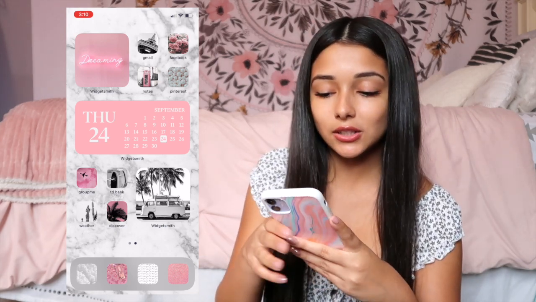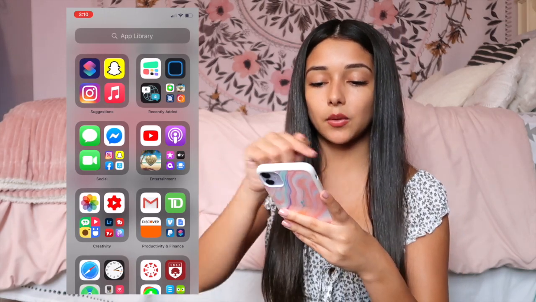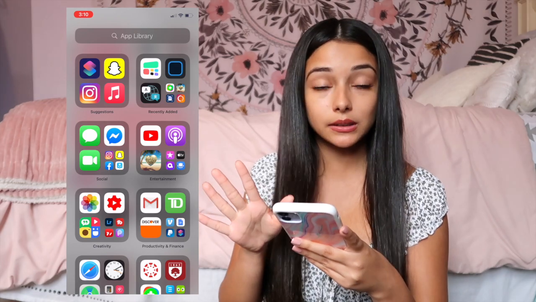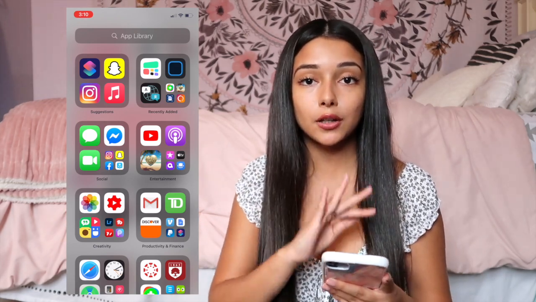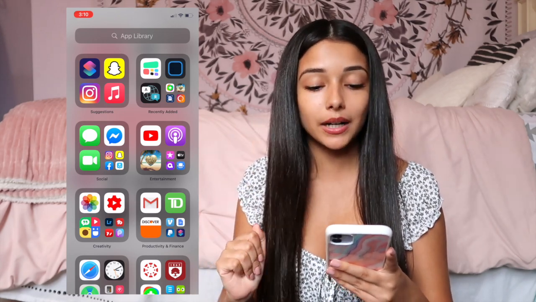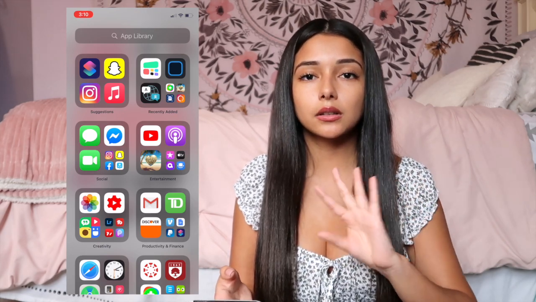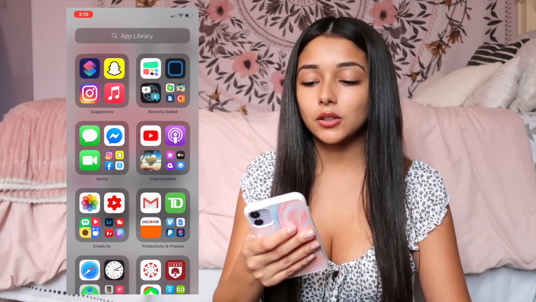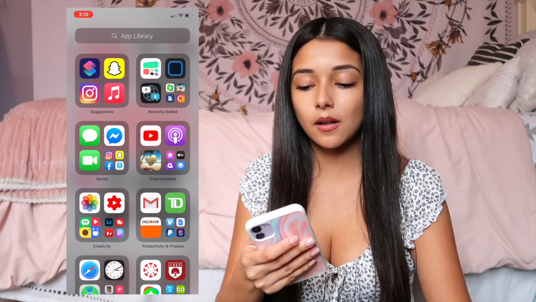So first, if you guys haven't already updated your phone, if you want to get the widgets, you have to get the app Widgetsmith. And by the way, this is what the app library looks like. So you can literally put all of the apps that you don't want on your home screens right over there. They're a little bit hidden, but it's okay because it's not going to make your home screens cluttered or anything. So you're going to go into this app that has the blue square in the middle,